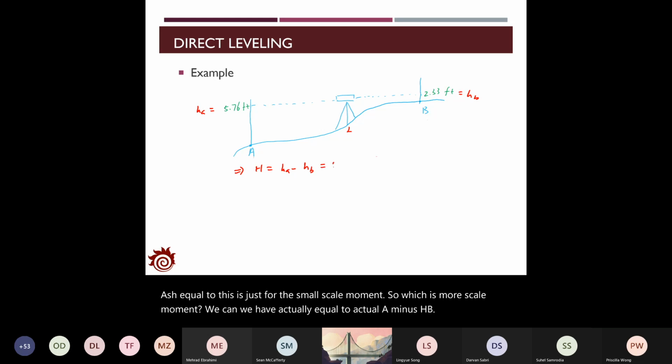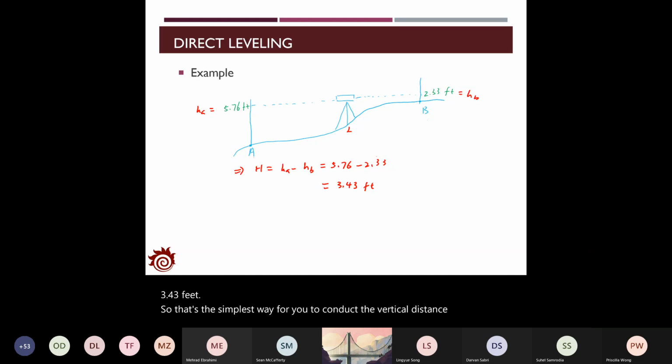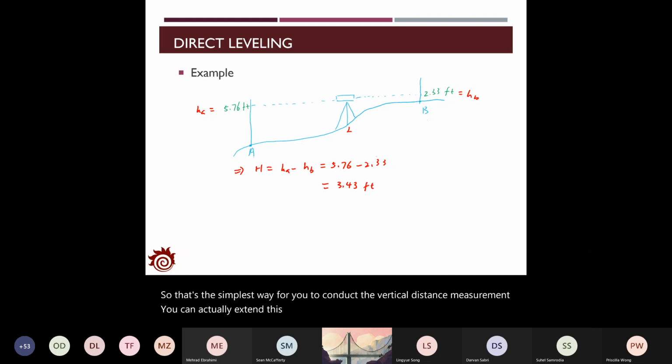That equals 5.76 minus 2.33. So it gives you the elevation difference between these two points as 3.43 feet. That's the simplest way for you to conduct the vertical distance measurement. You can extend this direct leveling to multiple points, and then you can measure the elevation difference among multiple points, and even find the elevation difference of two points which are very far away. And that's what we call the differential